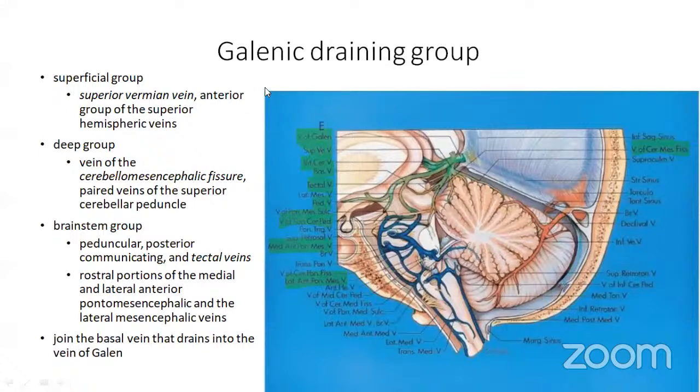The Galenic draining group, which is the vein of Galen, is supplied by the superficial group. From the superficial group, it is supplied by the superior Vermian vein, which we can observe here. We can see that the superior Vermian vein has its branches from the vein of the mesencephalic fissure and